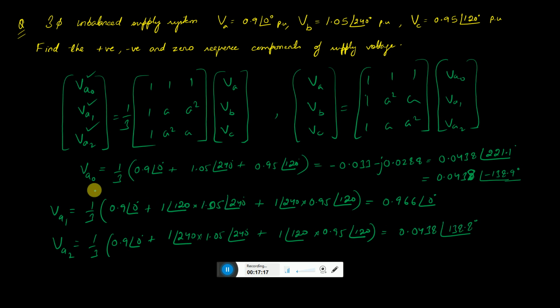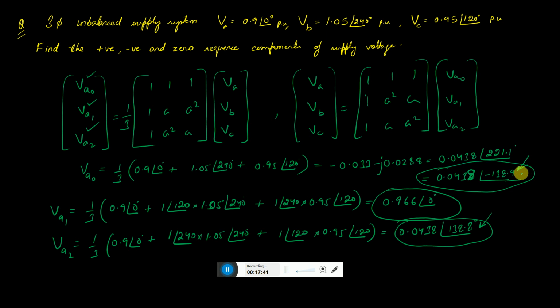So here I am getting VA0, the zero sequence component, and VA1, the positive sequence component, 0.966. The negative sequence component is also there, all in per unit. These negative sequence and zero sequence components are going to be a problem. The positive sequence, 0.966, is good. Because of this unbalance, we are getting a zero sequence and a negative sequence, so this is going to be a problem in the